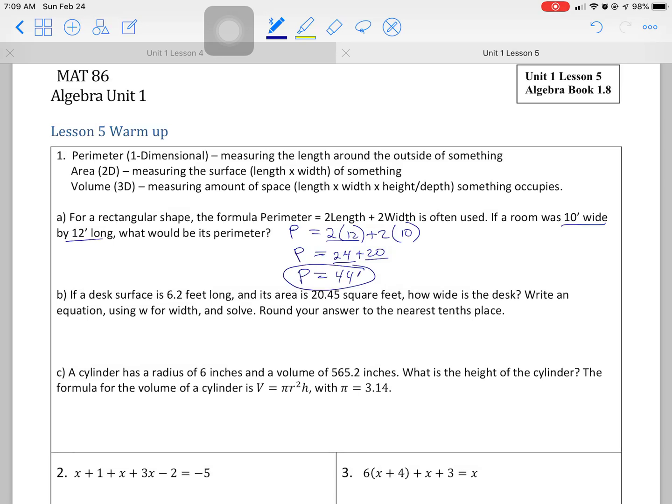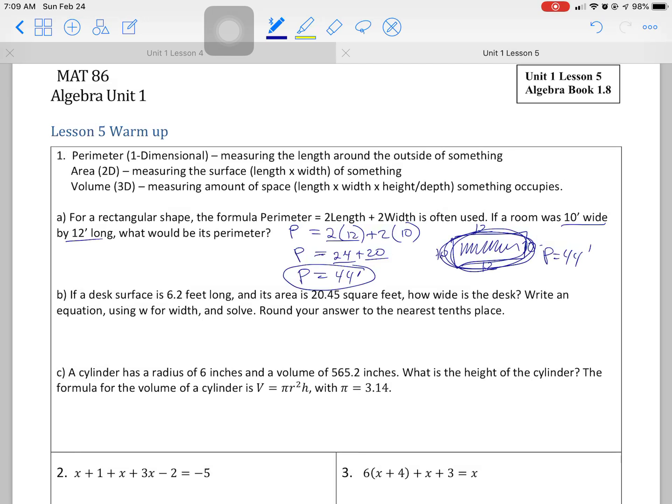Okay? That's a perimeter. Perimeter, right? That's 12, 10, 10. I'm just checking my work. Sorry. That beats 24. That's the 20. That's 44. Okay. So the distance around the outside is 44 feet. Okay. If I wanted the surface area, this space in the middle would be 12 times